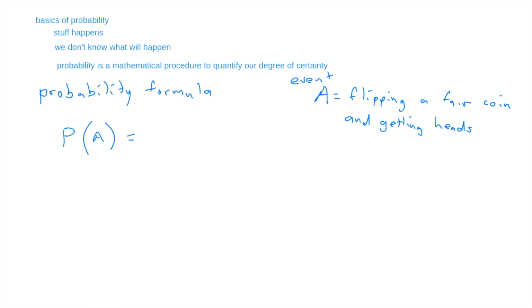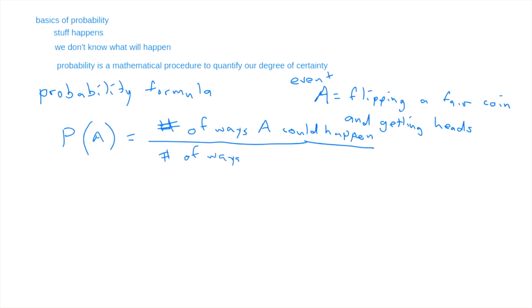Here's the probability formula. Anytime you want to calculate the probability of A, you just count. The number, that's a number sign, a hashtag, a pound sign, if that's what you call it when you're older. The number of ways A could happen, divided by the number of ways anything could happen. And seriously, that's all there is to it. That's kind of nice. That's kind of sweet. There's nothing fancier. Well, yeah, there's stuff that's fancier.